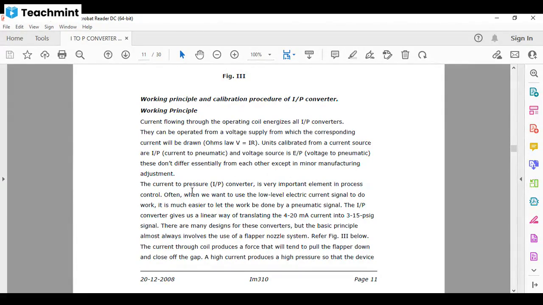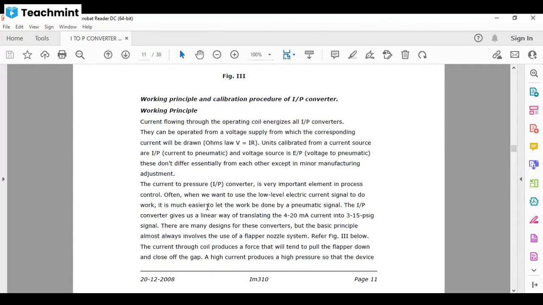The current to pressure converter is a very important element in process control. When we want to use a low level electric current signal to do the work, it is much easier to let the work be done with a pneumatic signal, and the I to P converter gives a linear way of translating the 4 to 20 milliampere current into a 3 to